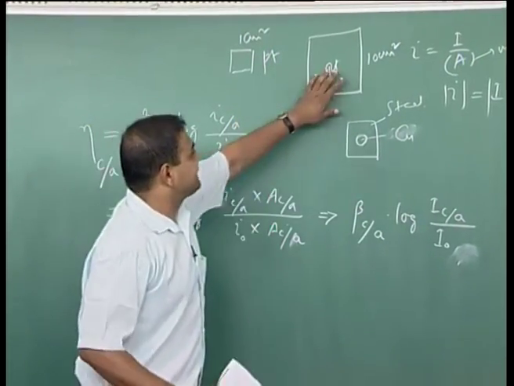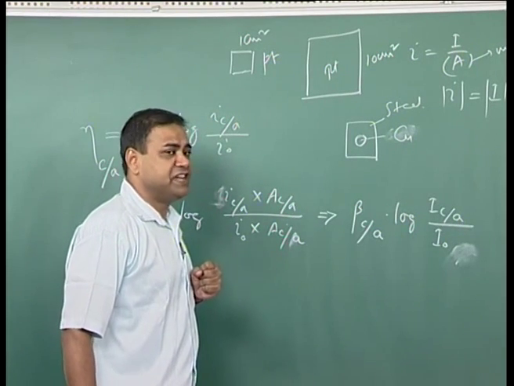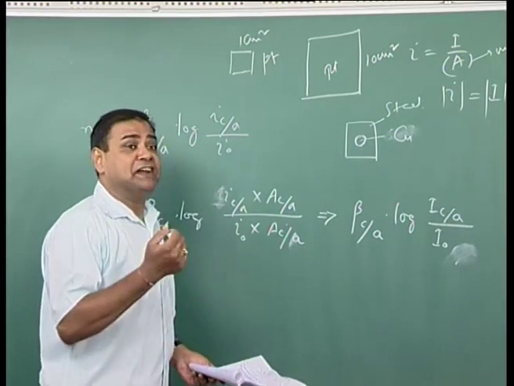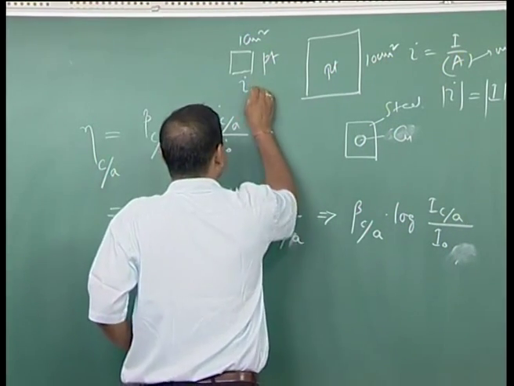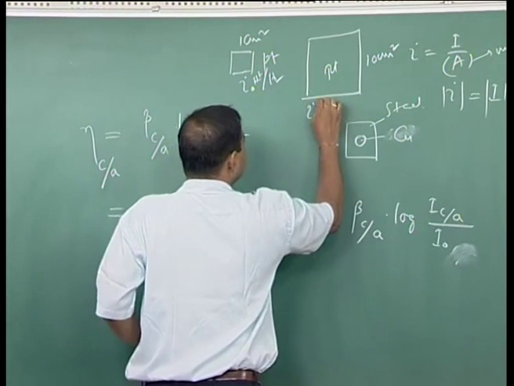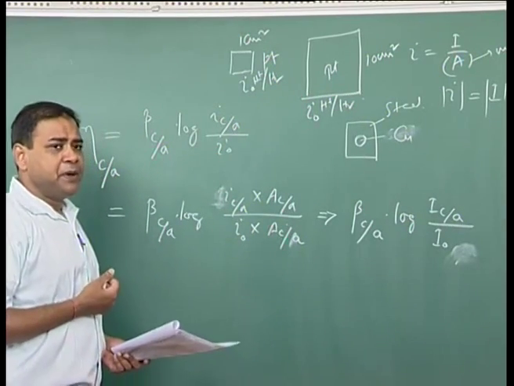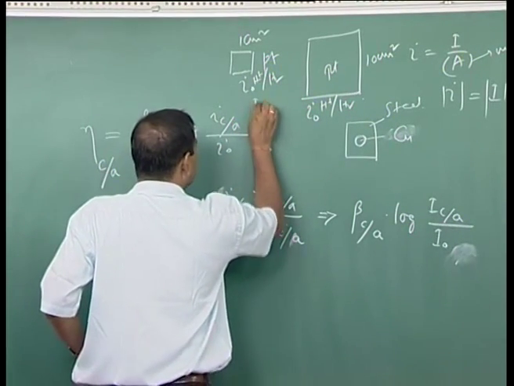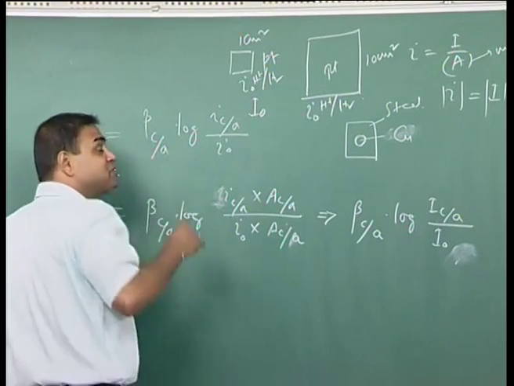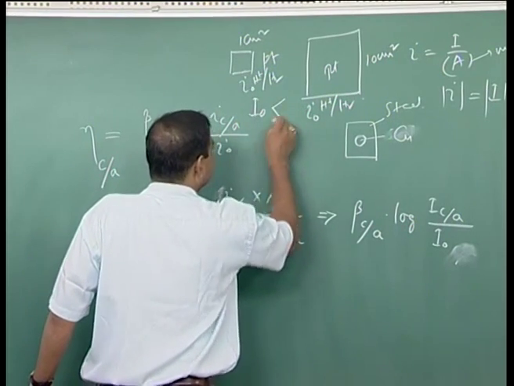In both cases the exchange current densities would be the same if the quality is not changing, but only one thing will change, the total exchange current. So I0 of hydrogen will be almost the same, but if you consider capital I0, the total current corresponding to the exchange current density, that would be less than I0